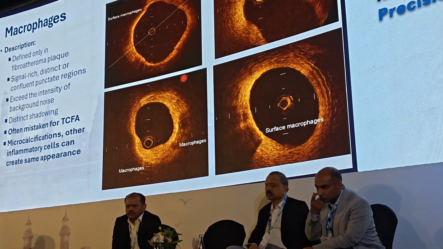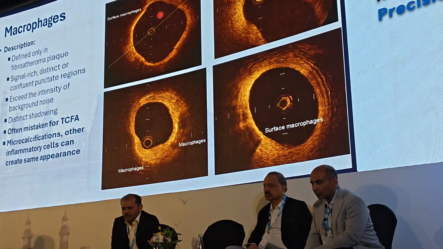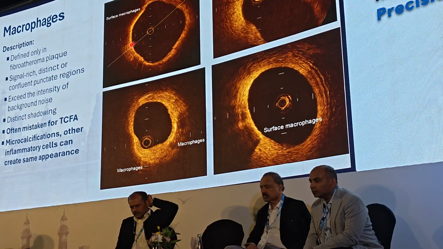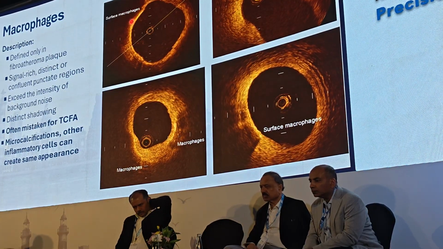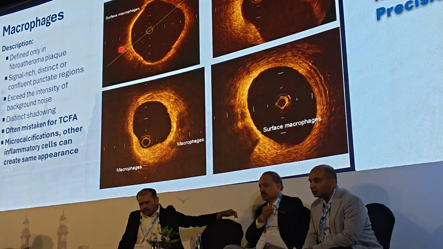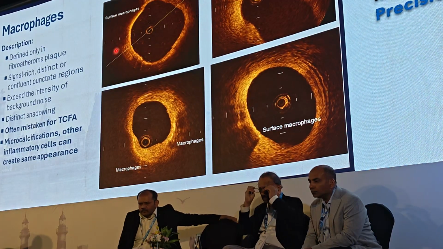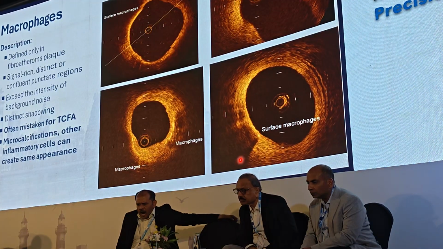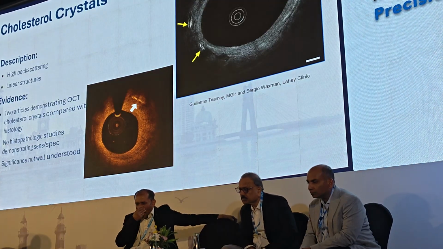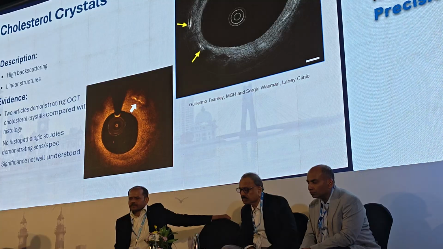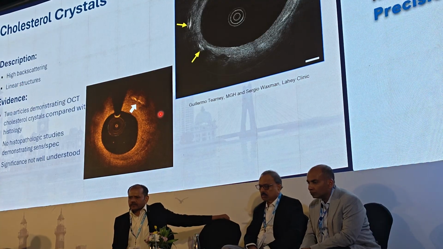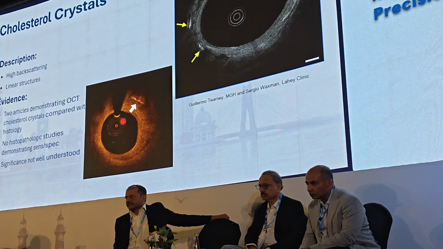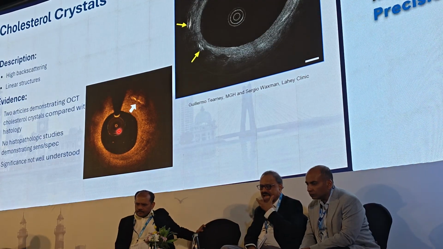With our current non-raw images, macrophages appear as signal-rich, distinct or confluent punctate regions. And how you differentiate that from a lipid plaque is often that it's got very sharp borders like this. And these are characteristic of surface macrophages. And they're just a very interesting thing to look at. Cholesterol crystals, high backscattering linear structures like this. The significance is not well understood, but probably